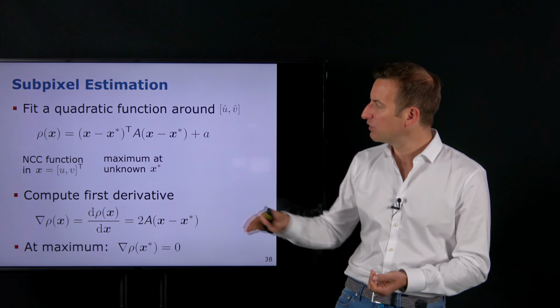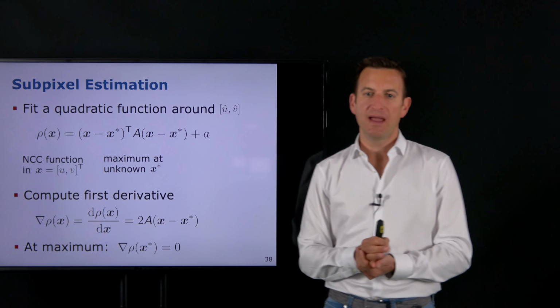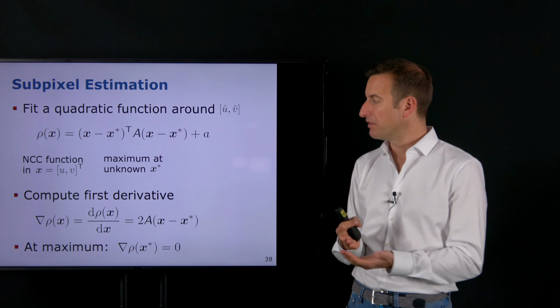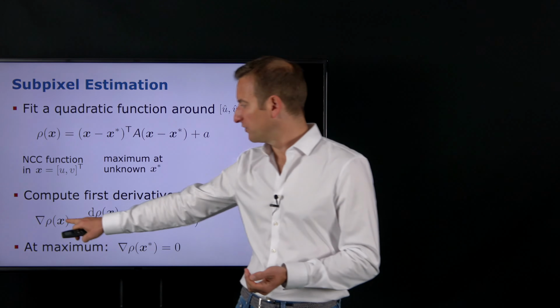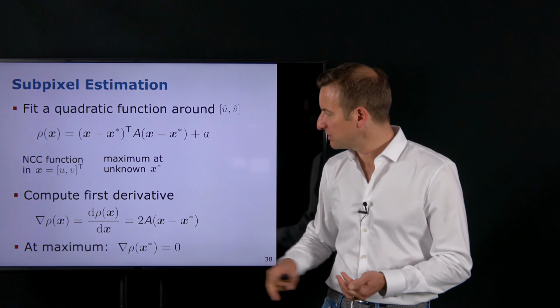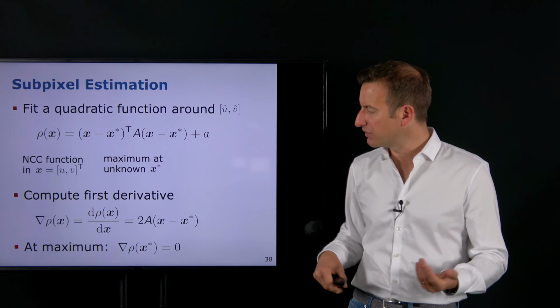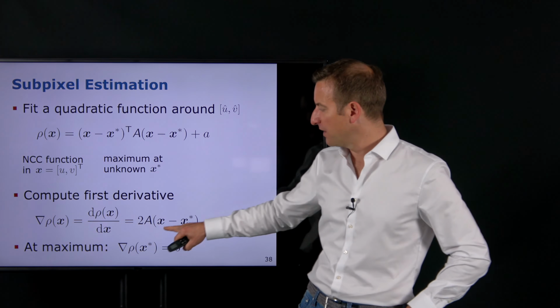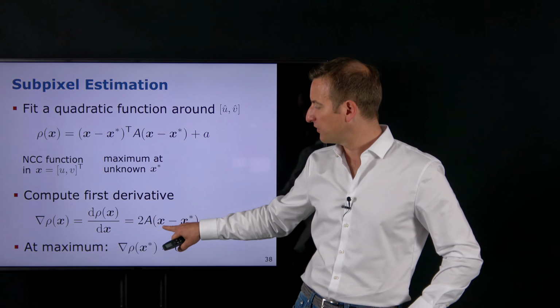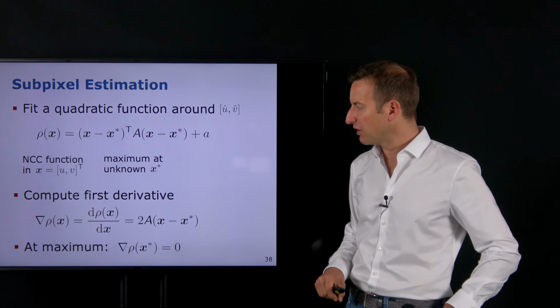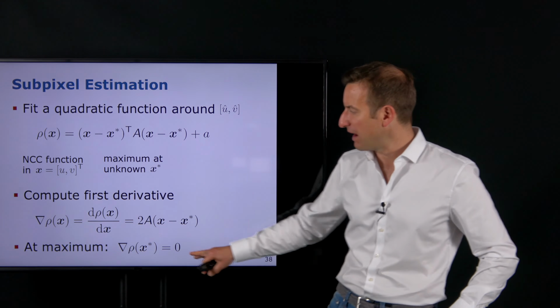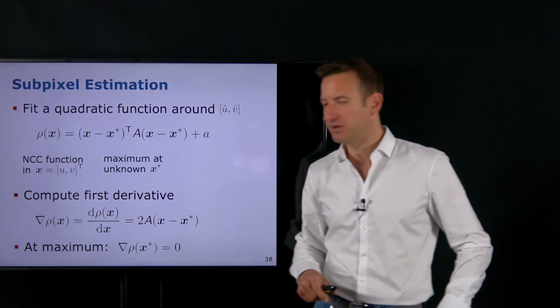So what we need to do is take that function, this quadratic form, and compute the first derivative. So this is our first derivative of my function, and this is by using the standard way of computing a derivative of this quadratic form. This will be 2A times x minus x star,